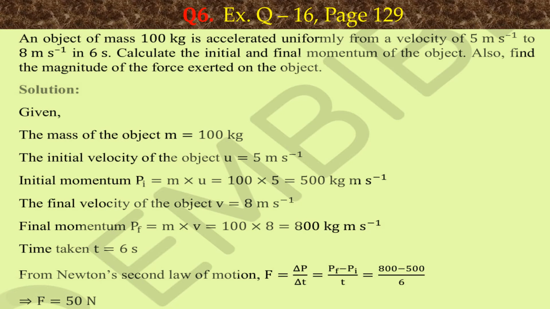Therefore, the force, you can use the equation F is equal to m into (v minus u) by t, or change in momentum divided by time, because mass into change in velocity, that only we are writing as change in momentum, m into (v minus u). When you multiply with the mass term, you will get it as mv minus mu. That means final momentum minus initial momentum, or change in momentum. So any equation you can use for calculation. While substituting the values, you will get the force equals 50 Newton.